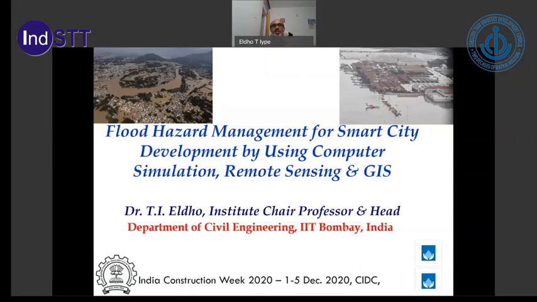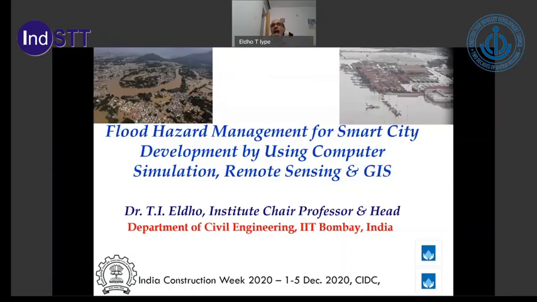In India Construction Week 2020, to be held during 1 to 5 December 2020. I am Professor Eldho, Institute Chairperson and Head, Department of Civil Engineering, IIT Bombay. So I am going to give a talk on flood hazard management for smart city development by using computer simulation,